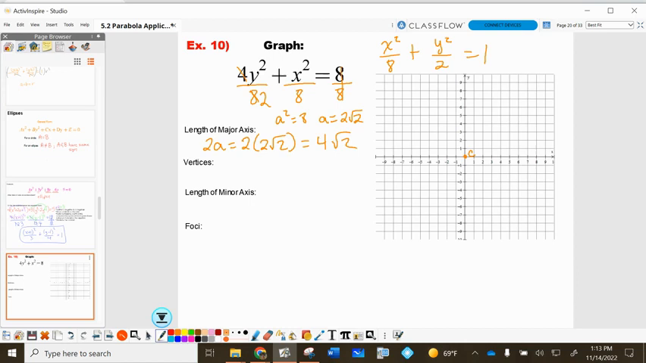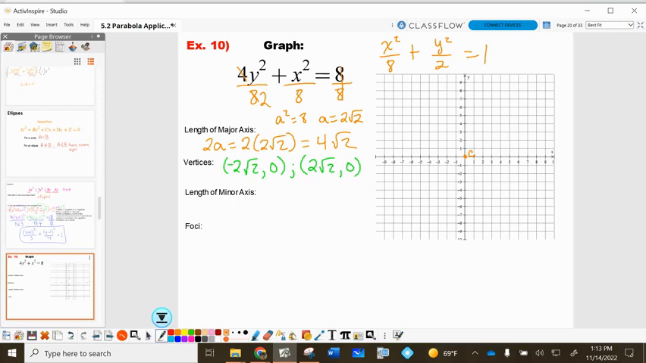They're a units out from the center. So it's nice that my center is at 0, 0 because, and this is the bigger number, it was under the x. So in the x direction, we're going to go out 2 root 2 in both directions. That's going to be negative 2 root 2, comma 0. And the other one going the other direction will be positive 2 root 2, comma 0. So those are the